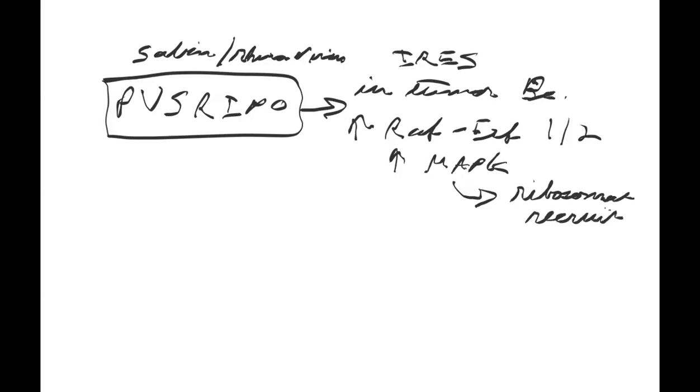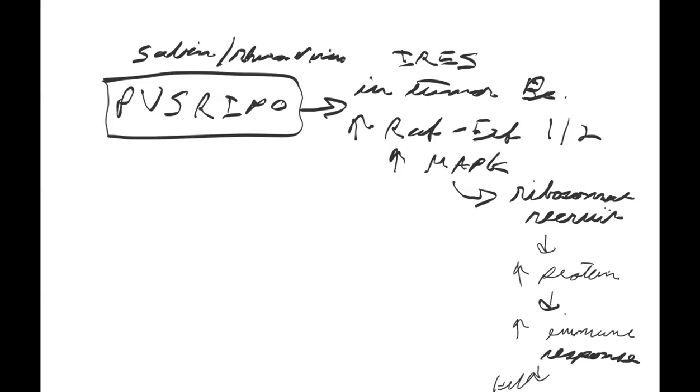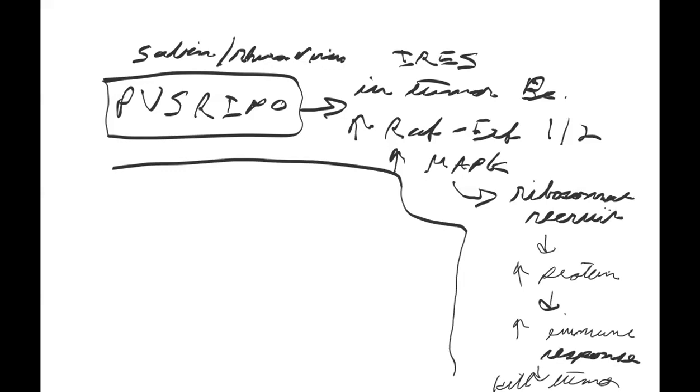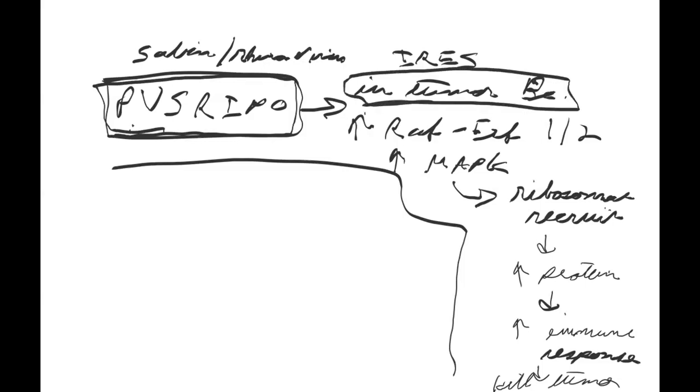And then that will lead to increased protein, which would increase immune response, which would kill the tumor. So the treatment for the glioblastoma is this chimera virus, and the reason why is that the RAF-ERF pathway is upregulated in the tumor cell, in the glioblastoma,